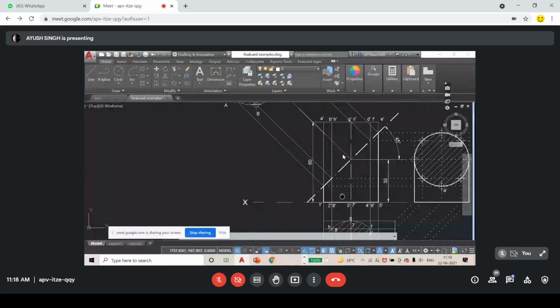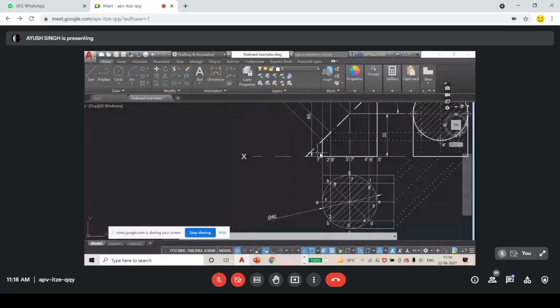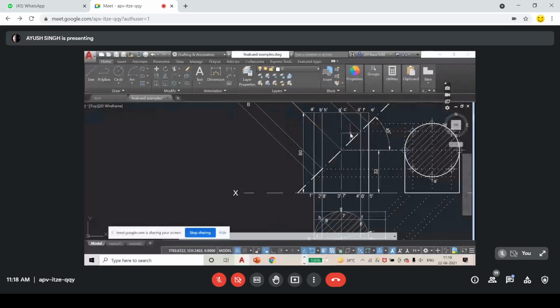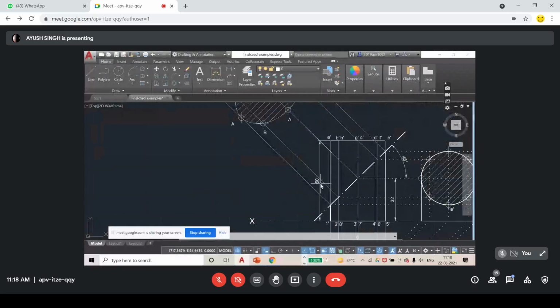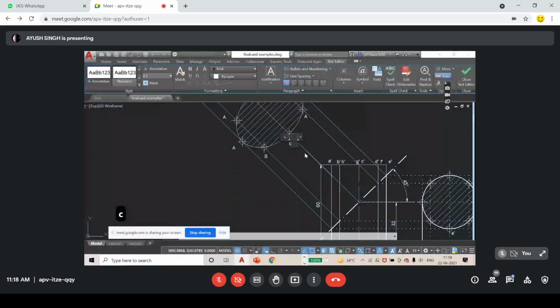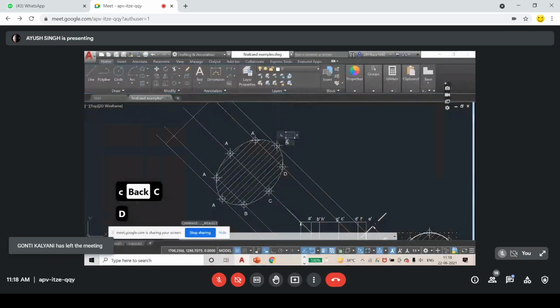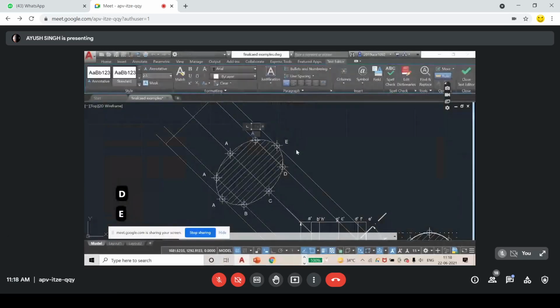Like here, the circle is like this, right? So A is here, B is here, C is here, D is here, E is here, then F is here, behind G, H and then A. Okay, that's why this is C. Just mark it like this. C capital, E, E, and F, and E, and H. Done.